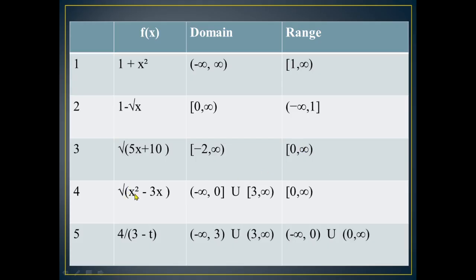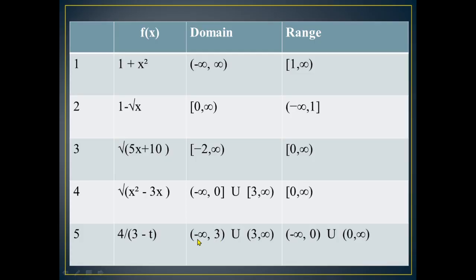Similarly, for square root of x square minus 3x, it is minus infinity to 0 and 3 to infinity, it doesn't allow greater than 0 and less than 3. And 4 by 3 minus t, where t should not be equal to 3. If it is 3, 3 minus 3, this term will be 0. So excluding 3,